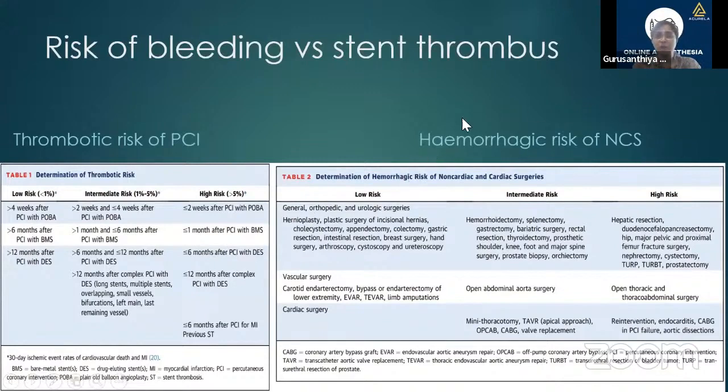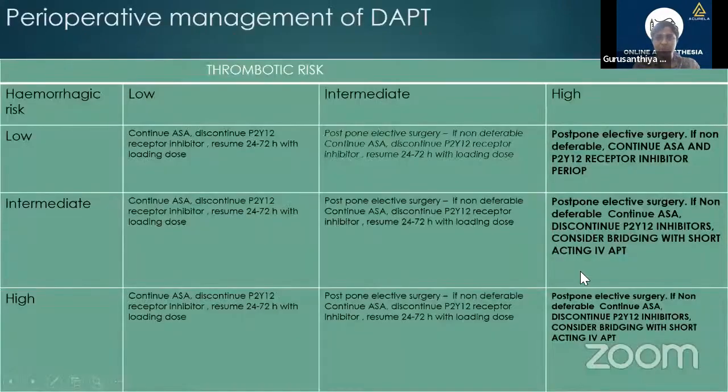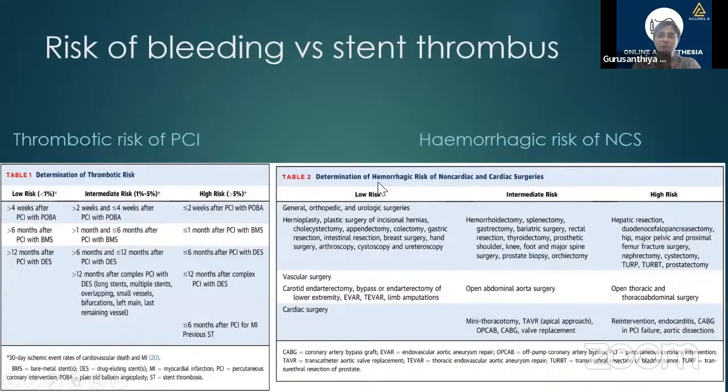The hemorrhagic risk of non-cardiac surgery must be considered in the perioperative period. Hepatic resection, Whipple's, TURP, TURBT, prostatectomy, and open thoracic surgeries are all associated with a high risk of bleeding. The low-risk procedures may be any urological procedure, arthroscopy, cystoscopy, and vascular surgeries like carotid endarterectomy, EVAR, TEVAR, or limb amputation, wherein you can secure the bleeding points easily, and these are considered low risk for hemorrhagic propensity